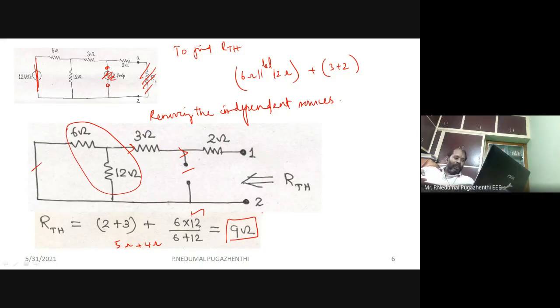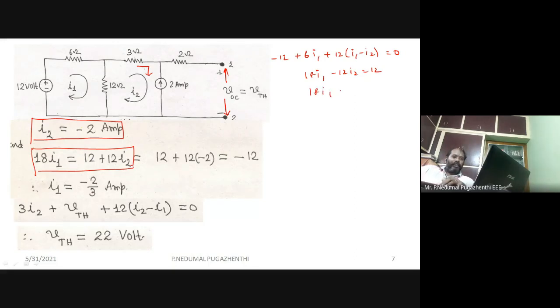If no doubts, I will go to the V Thevenin calculation. This is for V Thevenin. The voltage across these two terminals is going to be V Thevenin. So I am using a loop analysis here. You can use a nodal analysis also if you want. I find this loop analysis is going to be simple because one current source is available there, so directly I can write my second loop value. I2 is being assumed like that, but this 2 amperes is in the opposite direction, so I can straight away say that I2 is equal to minus 2 amperes.